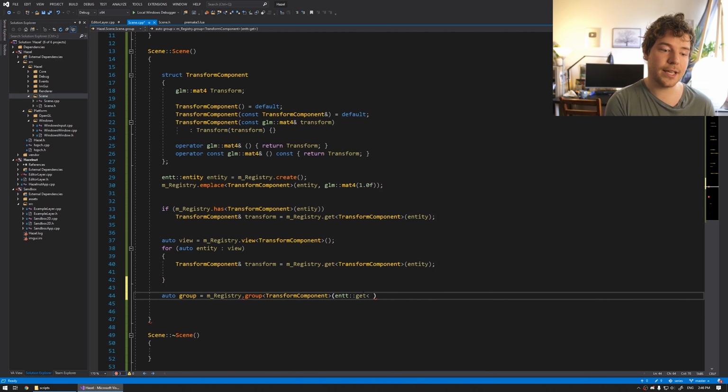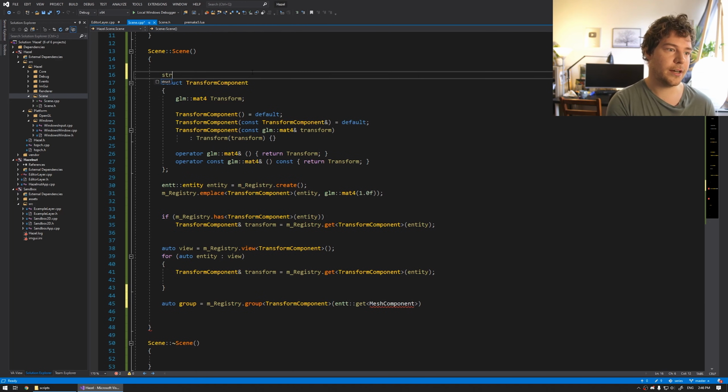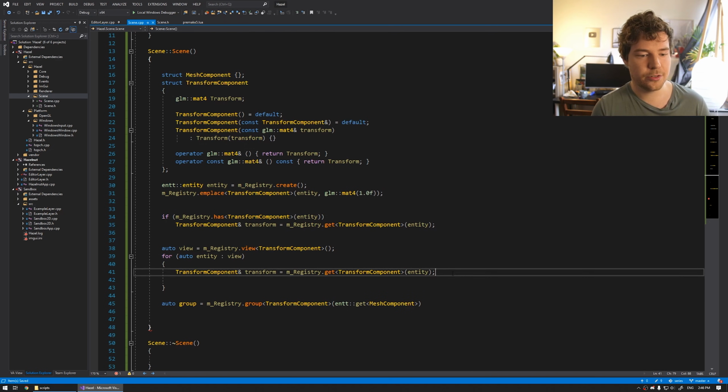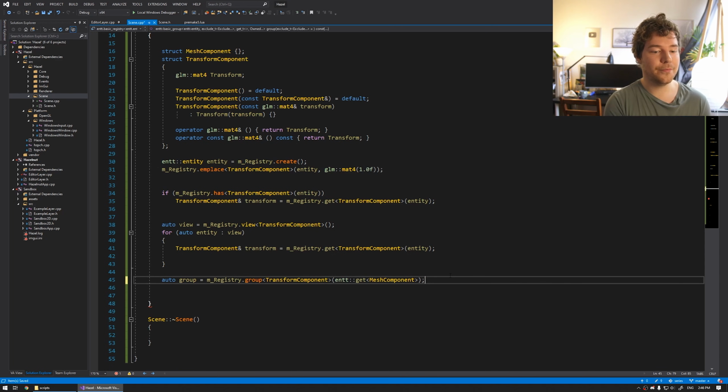I was close. Get mesh component. Now we don't have a mesh component, so I'll quickly add it. Struct mesh component. Oh, we don't even have meshes, do we? This is a 2D engine. Whatever. It could be a sprite. That's it, right? So you basically, once you have that,